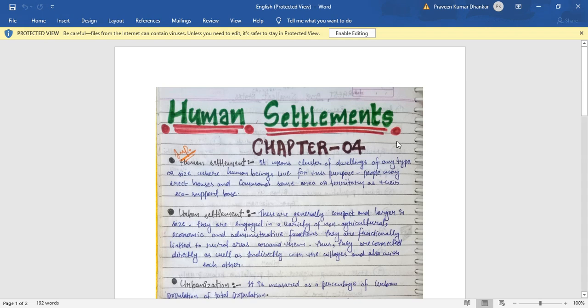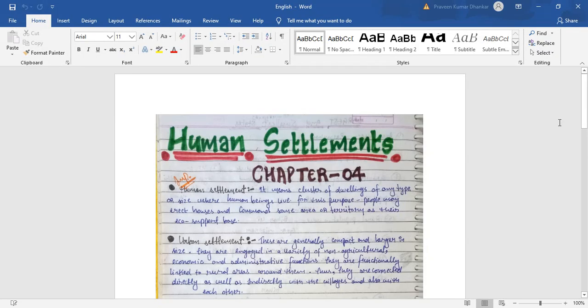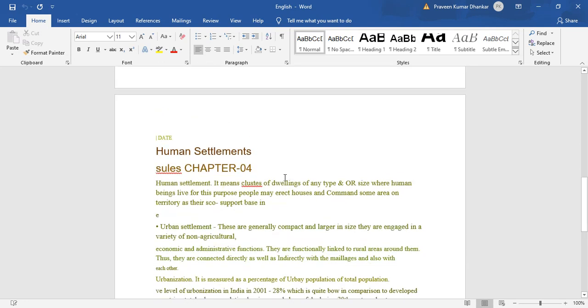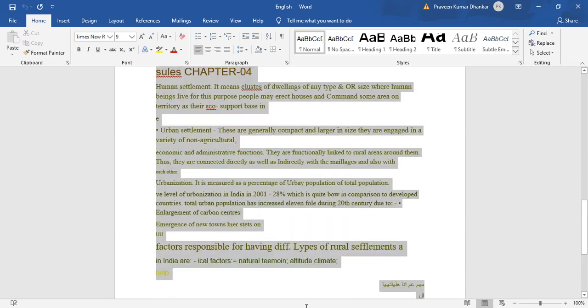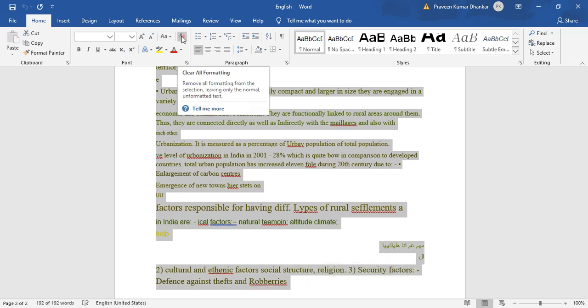And this is the English file opened in Word. Enable editing, and then you can see, I will select all and clear all formatting.